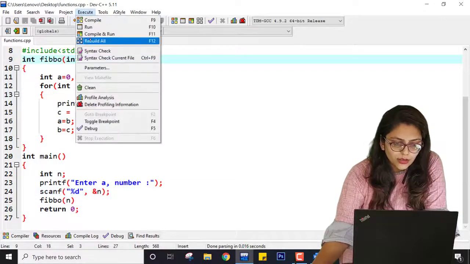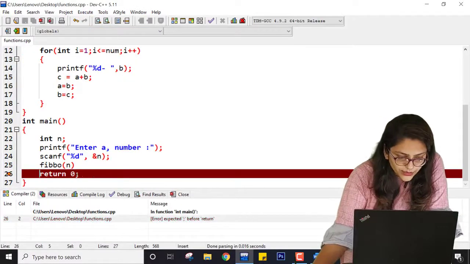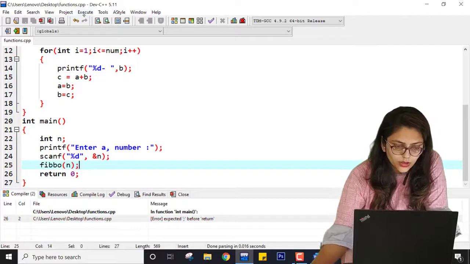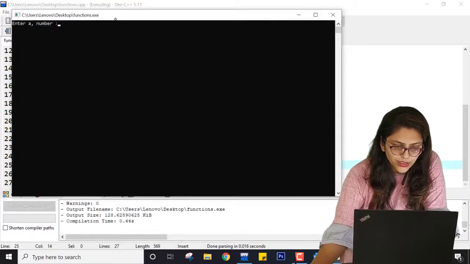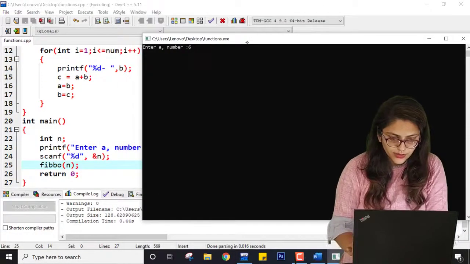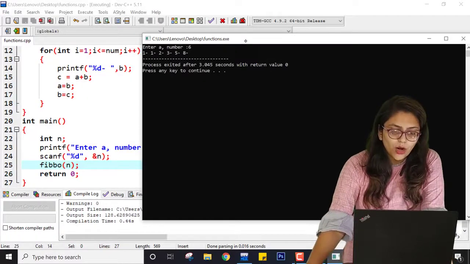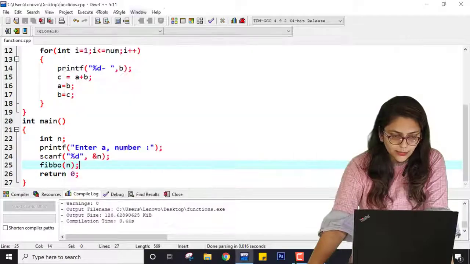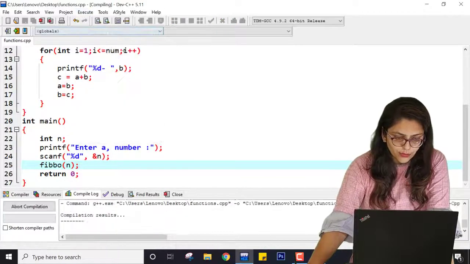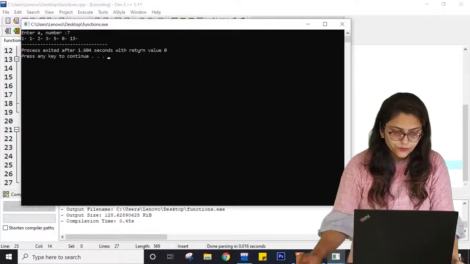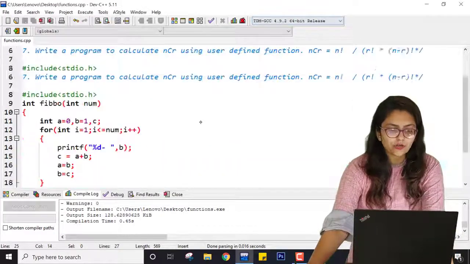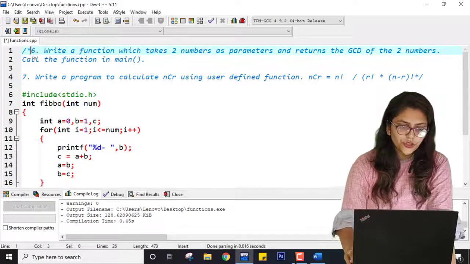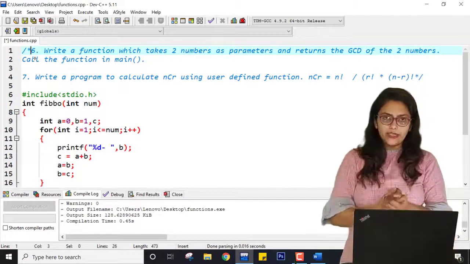So if I save it, compile it and run it, enter 6, 1 1 2 3 5 8. If I enter 7, let me check if it is giving me the correct answer. Yes, it is giving me the correct answer. So we have successfully completed the function which prints Fibonacci numbers.